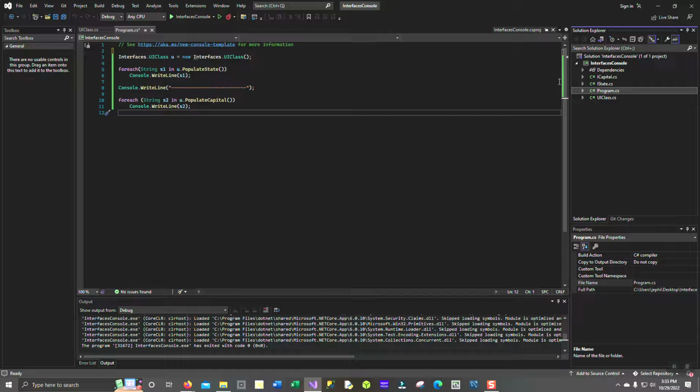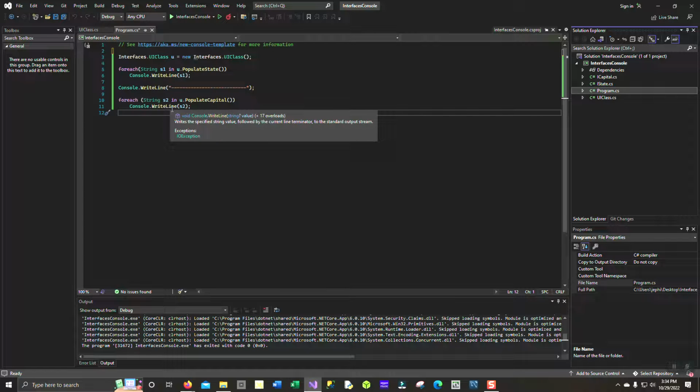And the reason why WriteLine is not in the same namespace is because you use WriteLine in file handling. So it's separated out. Okay, so anyway,